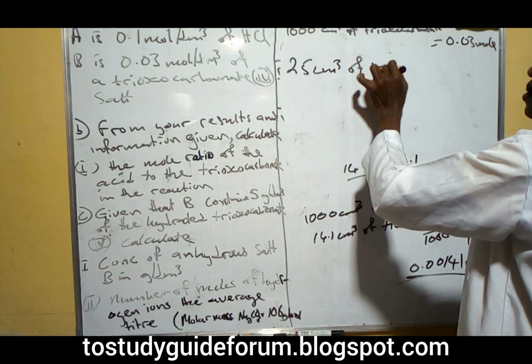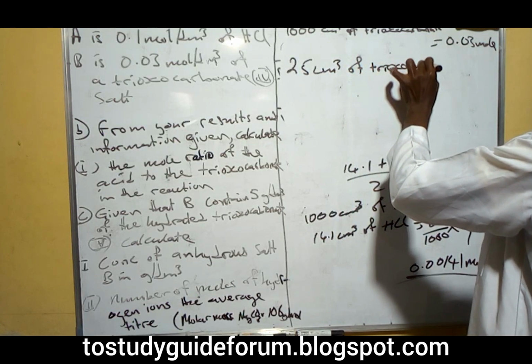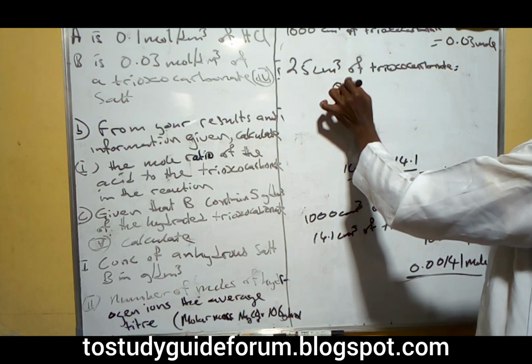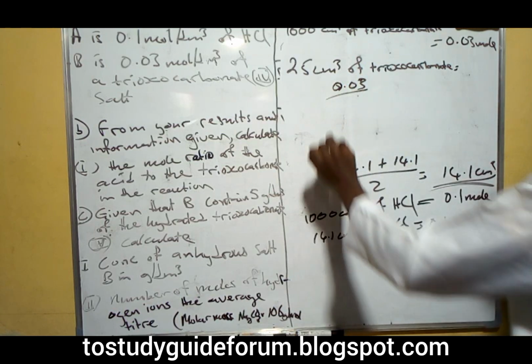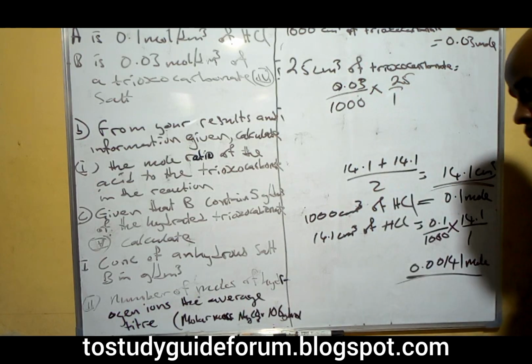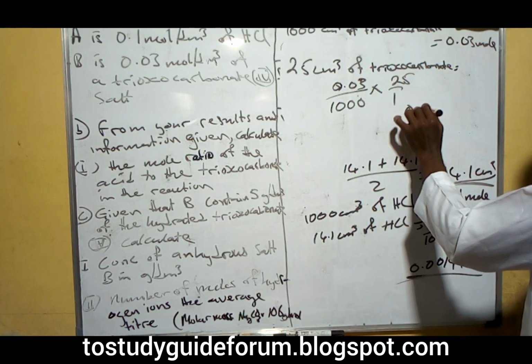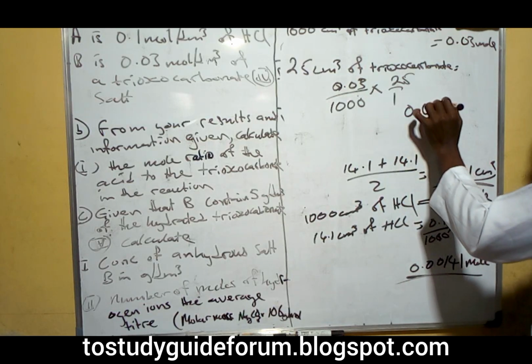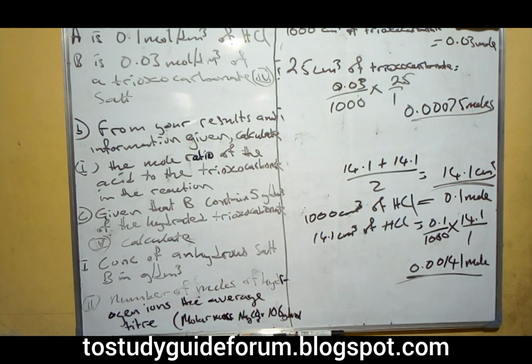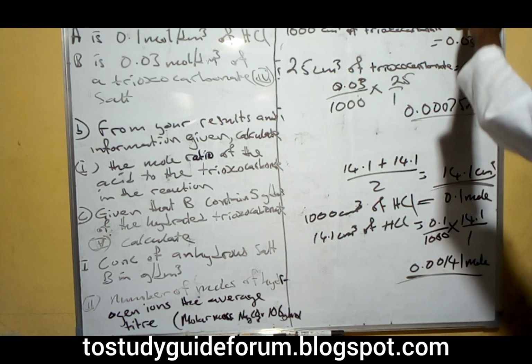of triacyl carbonate will be 0.03 over 1000 times 25 over 1. So what we have in this case is 0.00075 moles. That is what we have. So based on that, we will go back to